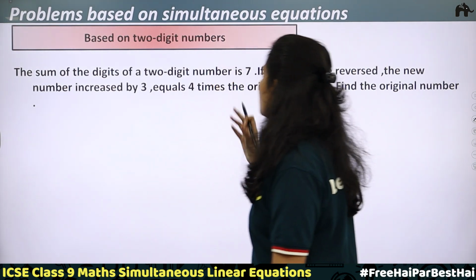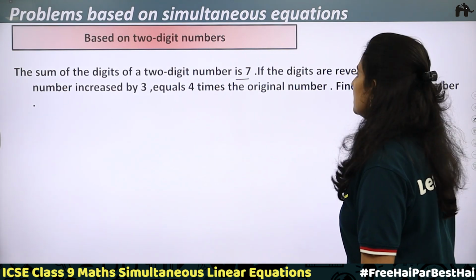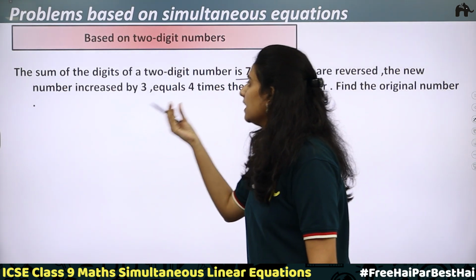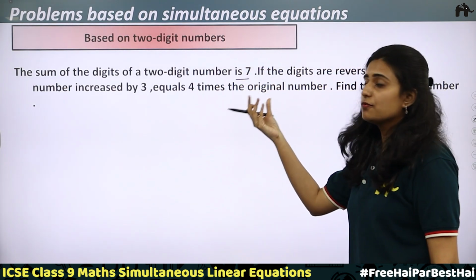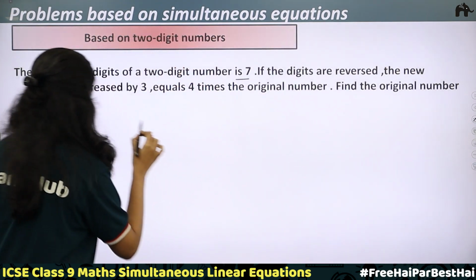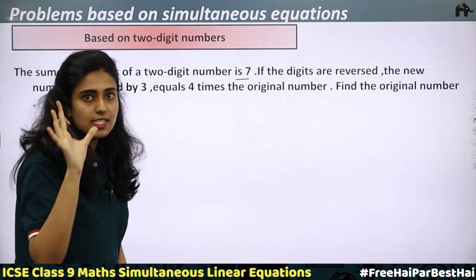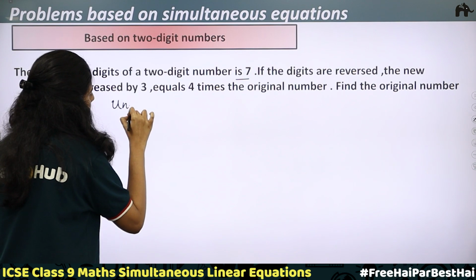The sum of the digits of a 2-digit number is 7. If the digits are reversed, the new number increased by 3 is equal to 4 times the original number. Find the original number. Let us take the original number. So here a 2-digit number will be having a unit place